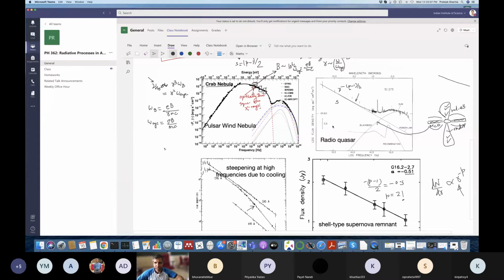Okay, right. So these are all different kinds of objects. This is a radio quasar, which has these radio jets. This is a pulsar wind nebula. So you have like